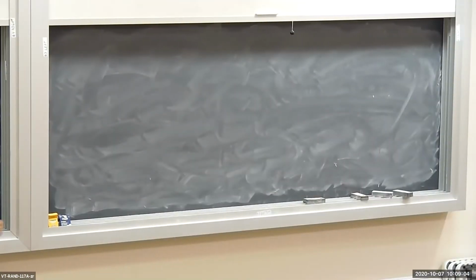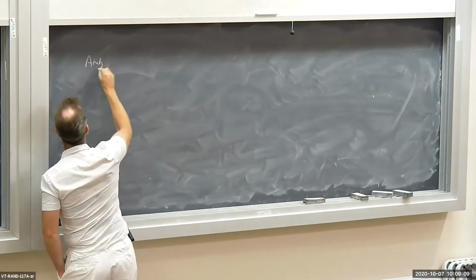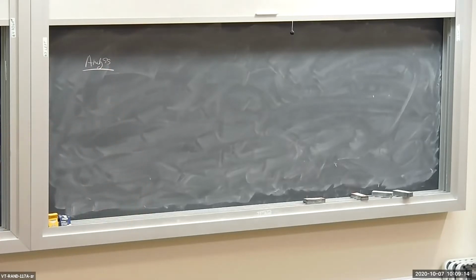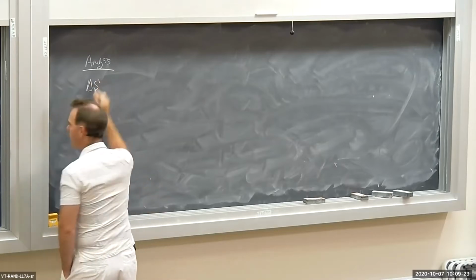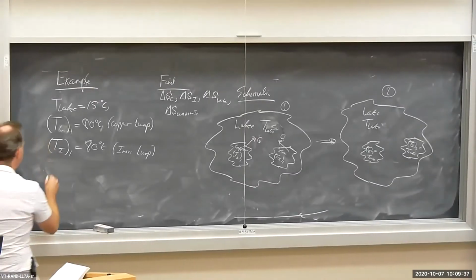Analysis. Let's find the change in entropy of, I don't know, the copper first. So copper is a solid. So the entropy change, delta S, I think I have some masses here as well. Let me see if I have mass of the copper. Yes, I forgot to put that down. Let me put that down before I get started. I just realized I'm missing something. So the mass of the copper,